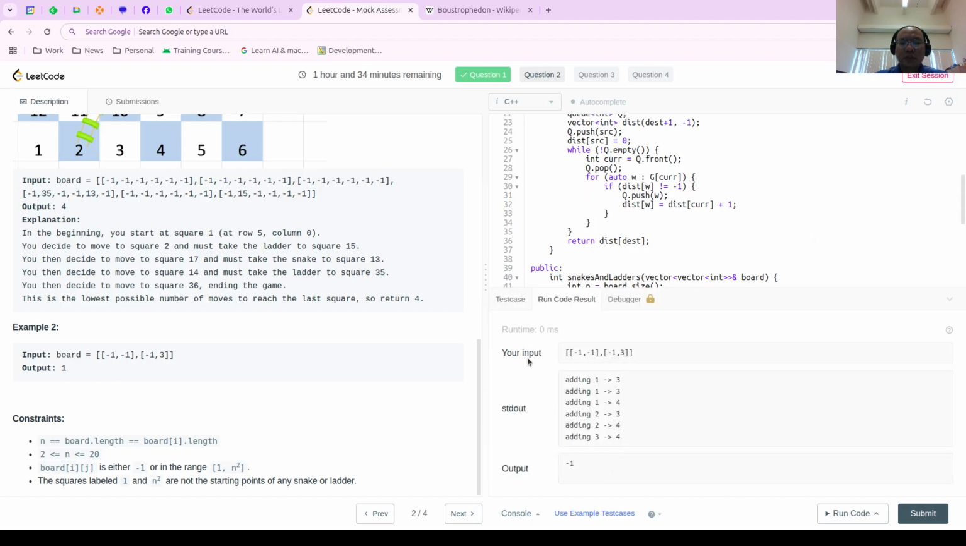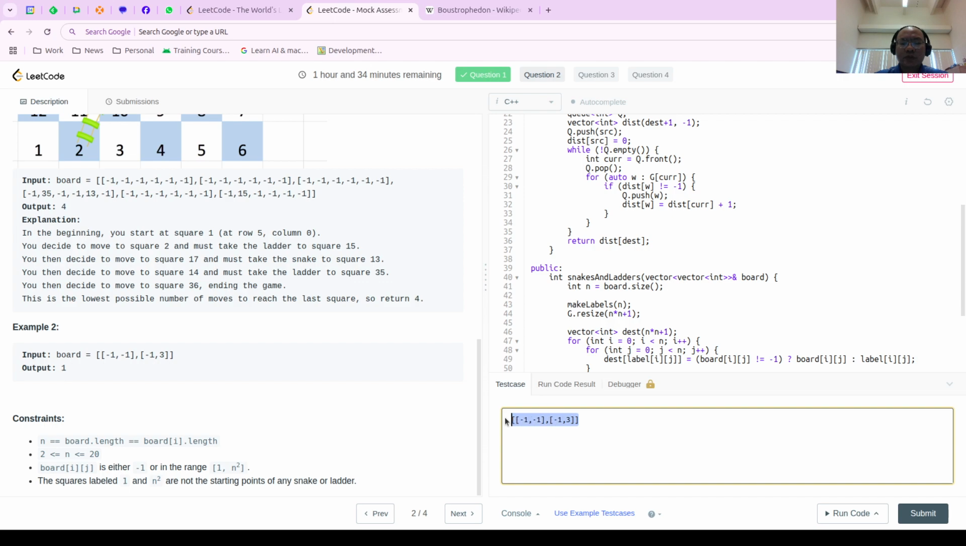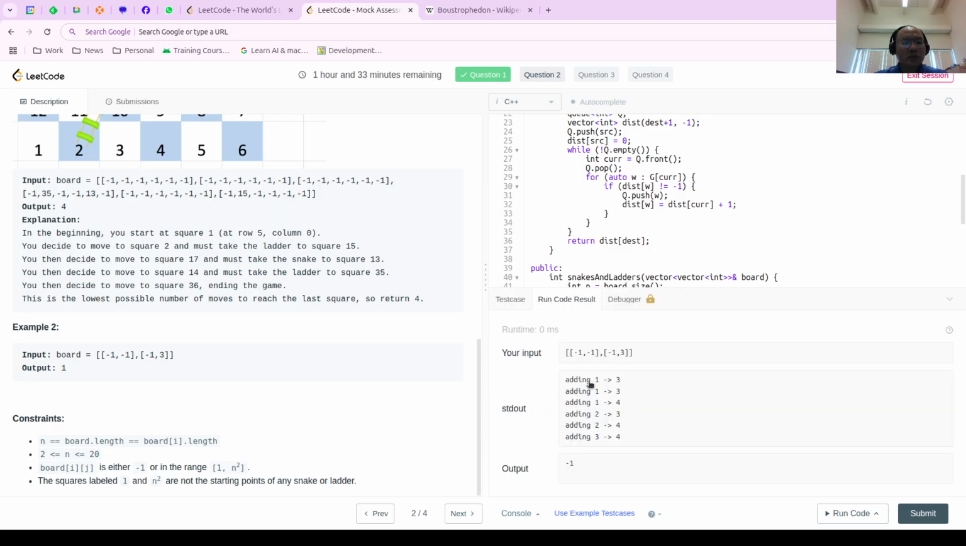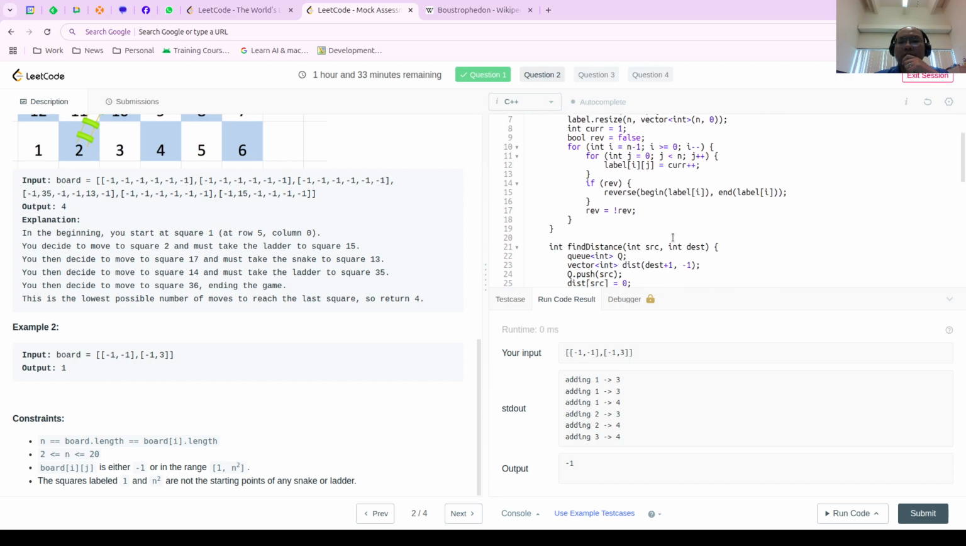where can I, is there some place I can type something? So the grid is actually 1, 2, 3, 4, and this has a ladder to 3. Okay, so I'm adding 1 to 3 because that row, that's good. And then 2, I can go to 3, I can go to 4, 3, I can go to 4. So the graph looks right. So what did I screw up on in my